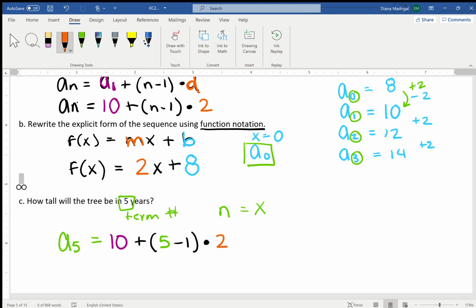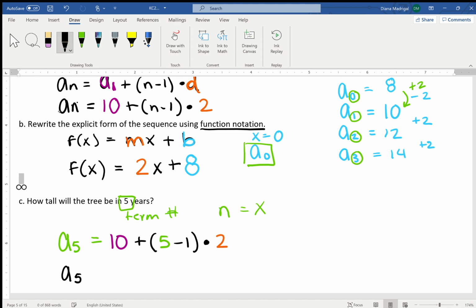Once again, all you have to do for these is put them in the calculator, and we all know how to do that because we did it in KC1. If you're struggling, make sure you ask me how to work the calculator. All you're going to do is literally plug in everything you have. 10, and remember, you're only plugging into the right side. So 10 plus (5 minus 1) in parentheses times 2, that's going to give me